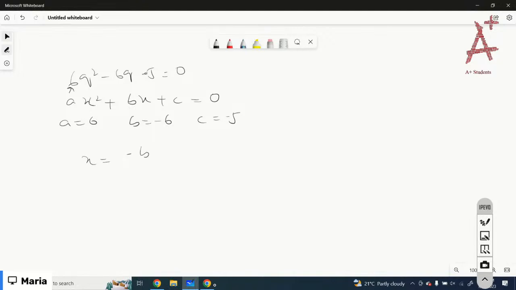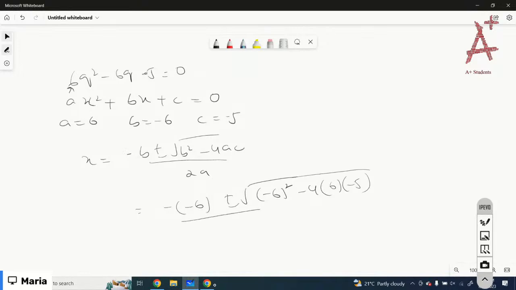Just use the formula. It is minus b plus minus square root b square minus 4ac divided by 2a. Just put in the values of a, b, c. It would be minus minus 6 plus minus b square is minus 6 square minus 4, 6, negative 5 divided by 2a. Got it? So it is 6 plus minus 36 minus minus plus 5 times 4 is 20, and